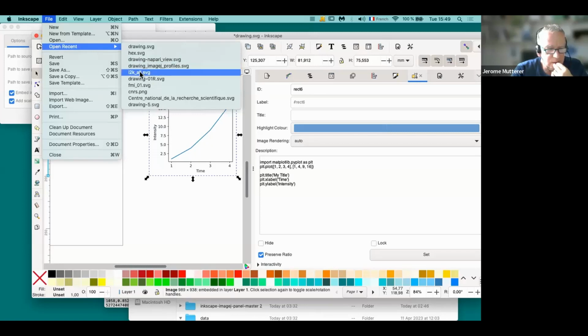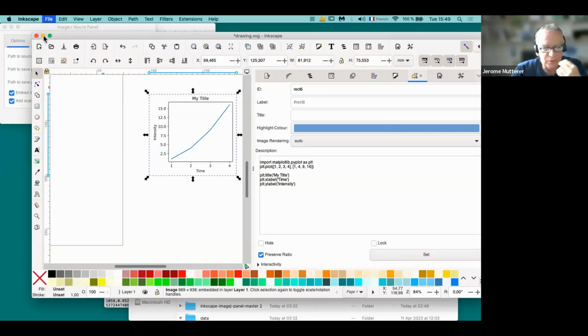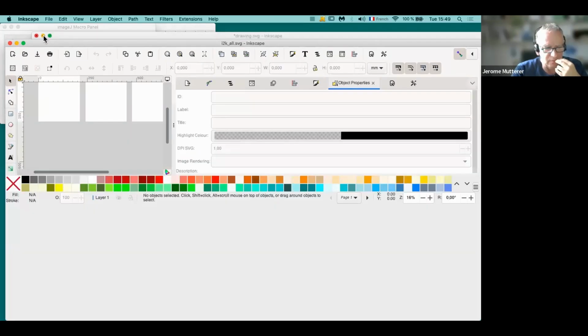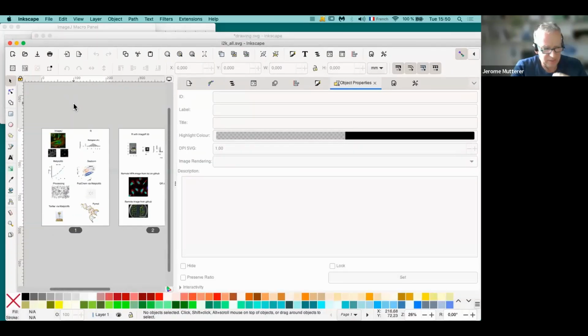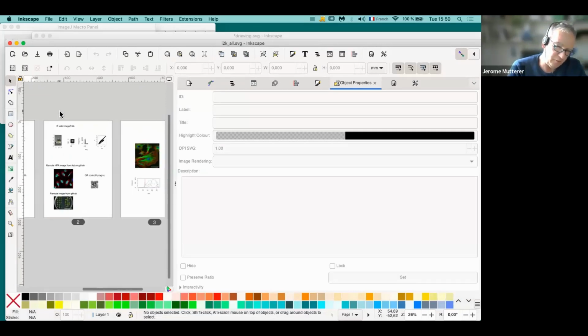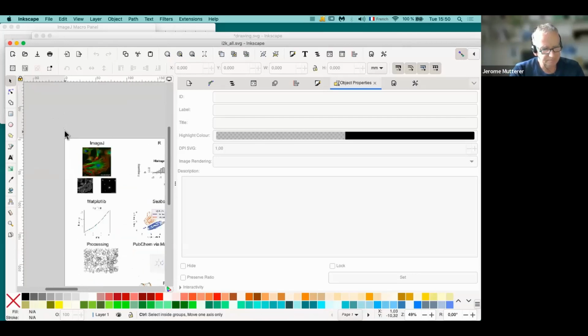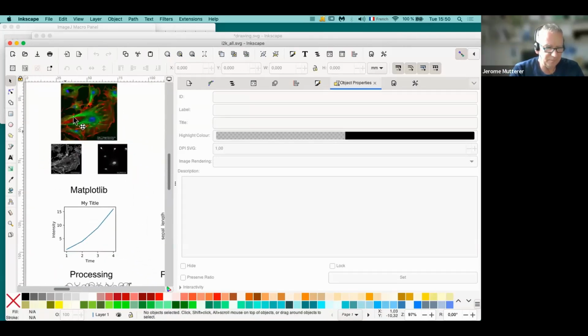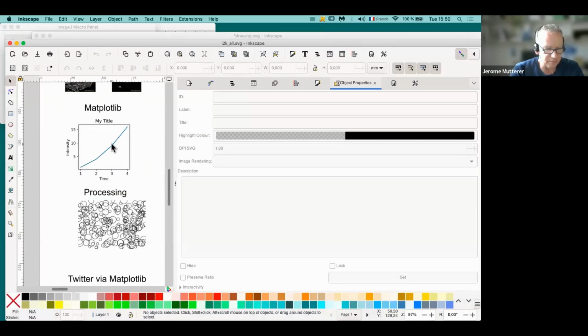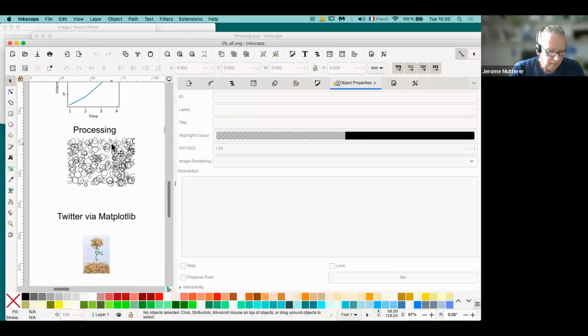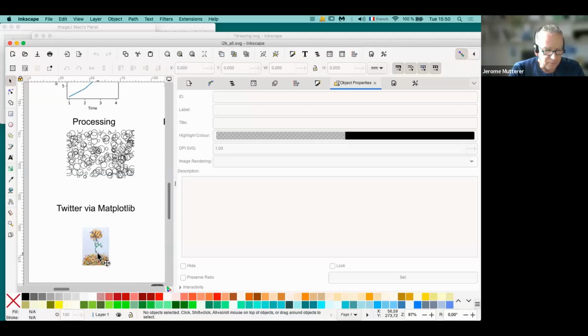So I have prepared the document that I'm also going to share with you with many examples that you can reuse and study maybe later. It's a 3-page document with simple use cases. Of course, there's the ImageJ example, there's a Matplotlib example, there's a processing example. You can grab images from the web, so for example, a Twitter image displayed with a Matplotlib